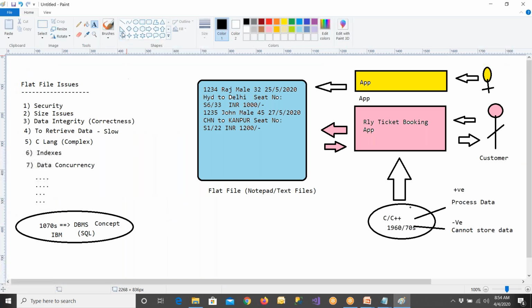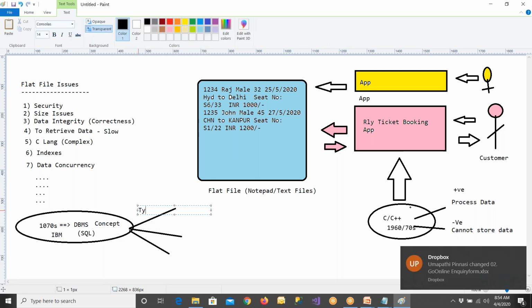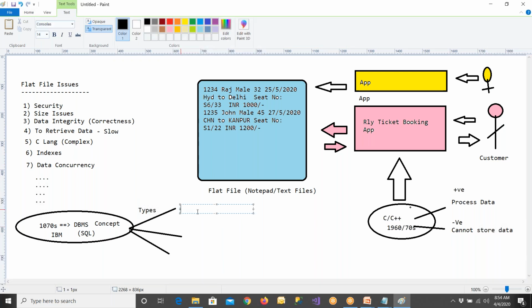Now we got lots of varieties of DBMS systems created. These are different types of DBMS systems that were invented. So the first one is called the network DBMS concept. Network DBMS concept got created. This was an utter failure. It was not handling things properly. To handle all these things, network DBMS was a completely failed concept. It is one type of program using which you store the data.